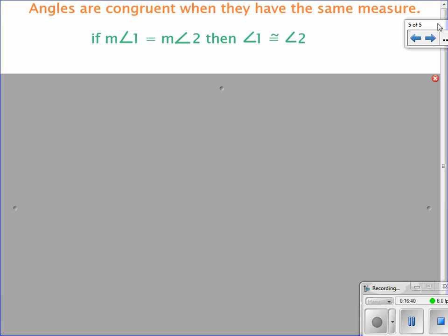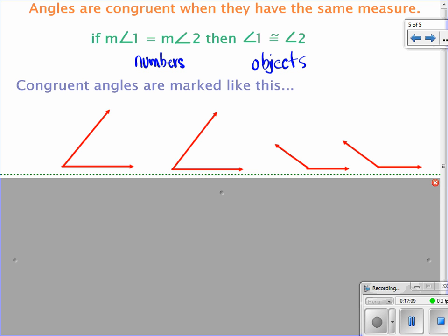Angles are congruent when they have the same measure, just like segments are congruent when they have the same length. So if they have the same degrees, 37 degrees and 37 degrees, then they're congruent to each other. Remember, equals and congruent are nearly the same thing. This one just is dealing with numbers, and this is referring to the pictures or the objects. So just know that essentially that means the same thing. All right, so if you have congruent angles, there's certain markings that you're going to see. So this is really, really important. Let's review